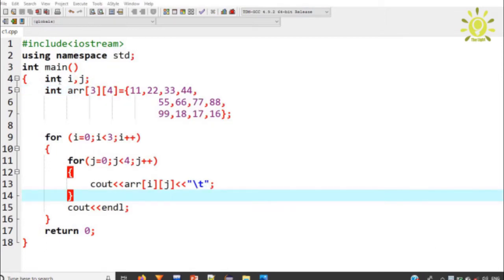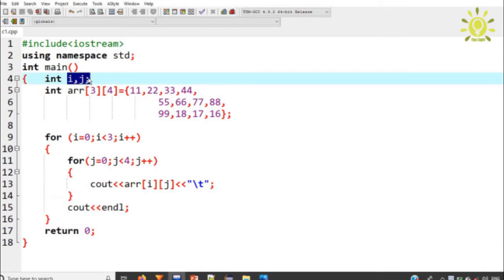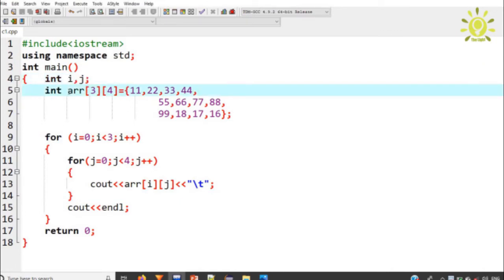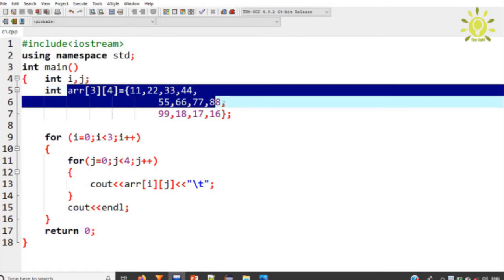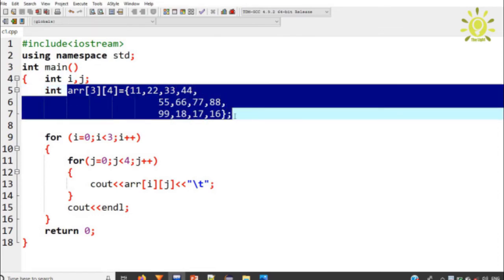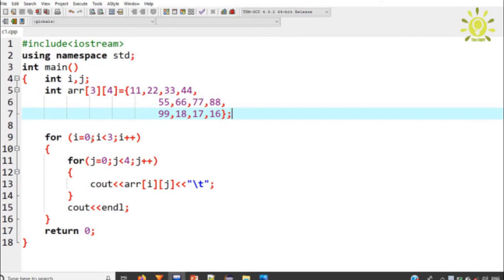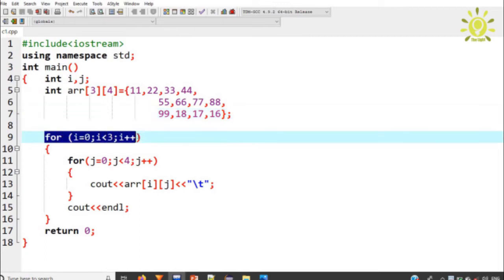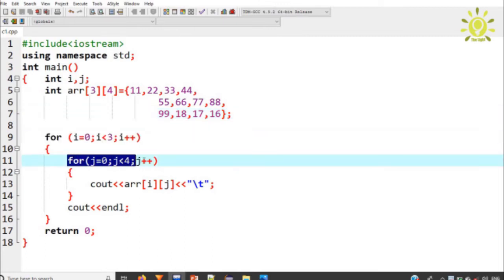Now understand the working of this program. First of all, control moves into the main function, and here we declare 2 variables, and then declare an array that has 3 rows and 4 columns in RAM. Here you can see I have used a nested loop: this is the outer for loop, and this one is the inner for loop.